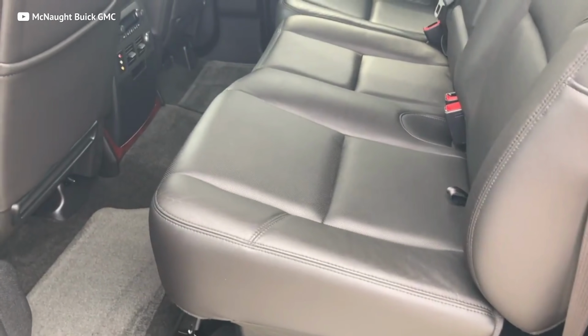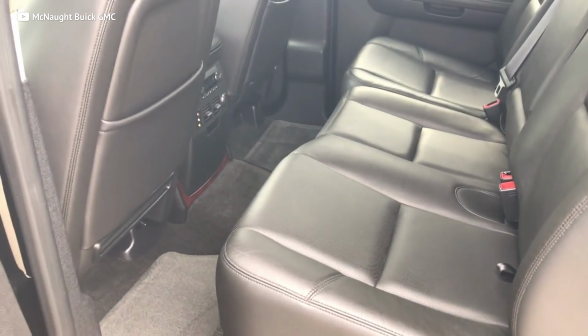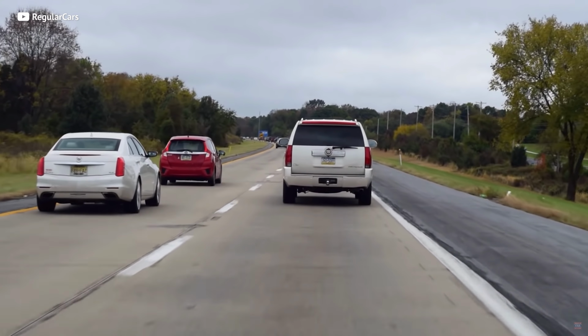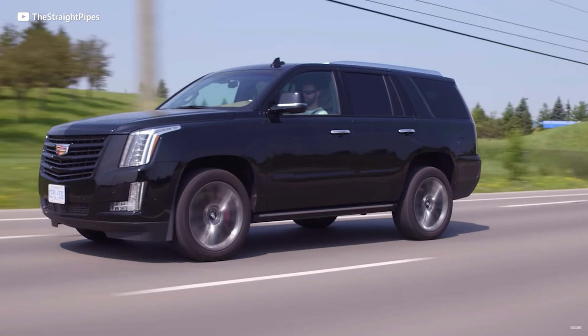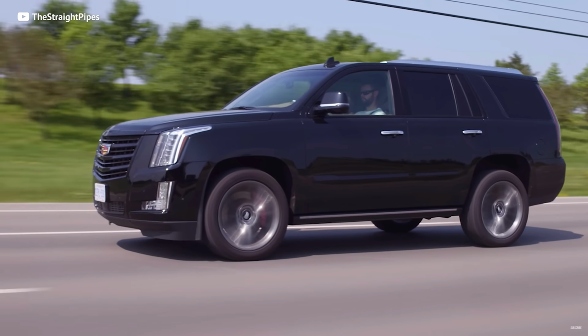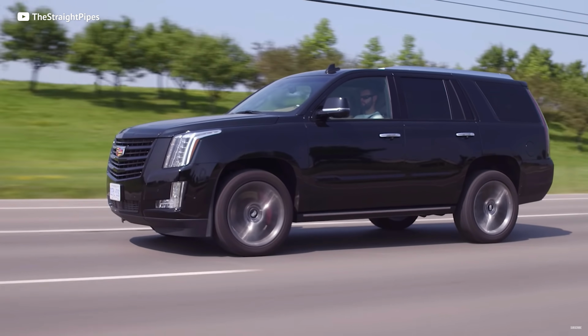And I'm pretty sure that if you roll up in one of these, you're gonna get Escalade. Nice. I mean, the truck version, the Escalade EXT, even has a bed in the back. And you know what that's for? Hauling around all the cash that you save by buying this thing. Duh. You get a rig that's bigger than most cars on the road. And you know what they say about big rigs? They got big wheels. Now, the 2021 Escalade starts at around $80,000 MSRP, but you can pick up one of